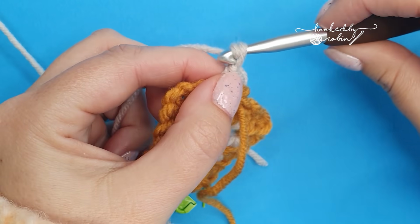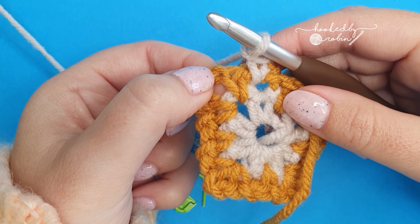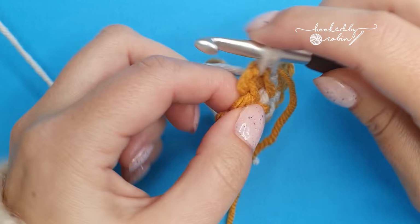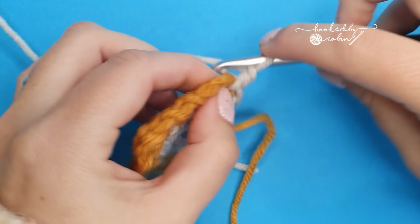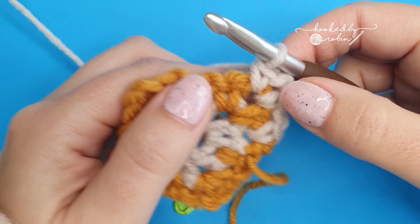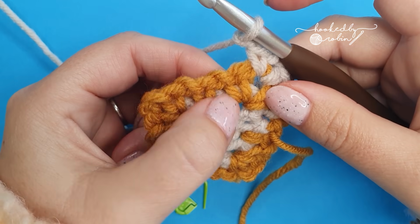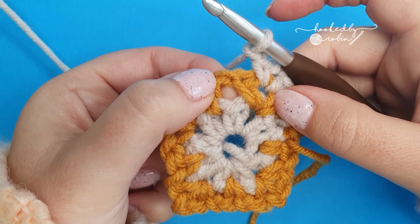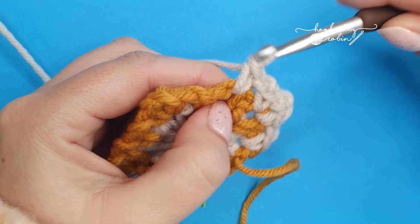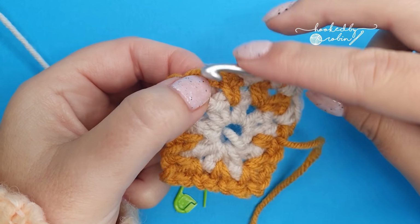Now chain 1, and then you're immediately going to work a corner into the chain 2 space. So a corner is single crochet, chain 2, single crochet. This round will be a walk in the park compared to those first twos. Now along the sides, we're going to chain 1, skip the single crochet and work a single crochet into the chain 1 space. So single crochet into the chain 1 space, chain 1, single crochet into the next chain 1 space,